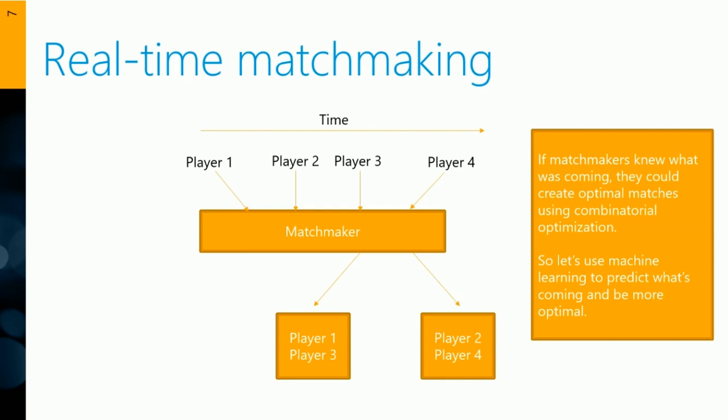I know player 4 is coming. And so I'll wait, and then when player 4 comes, I'll give player 1 a better match than I have been giving him. And so if matchmakers knew the whole future, then you could solve matchmaking just with combinatorial optimization